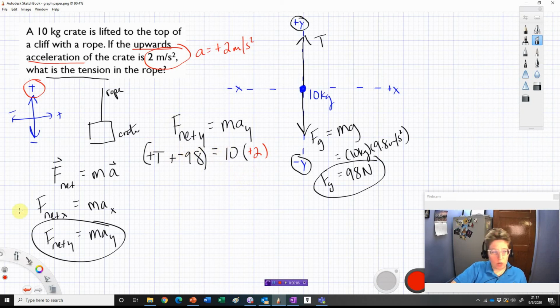If I had the x direction, I'd do that too, but I don't. Eventually what you're going to end up with is a system of equations and unknowns. Now, this is a system of one equation and one unknown. That's nice. So this is my system right here, and I need to solve it for T. If I solve this for T, I'm going to get 20. Move that over there. It's plus 98. So tension will be